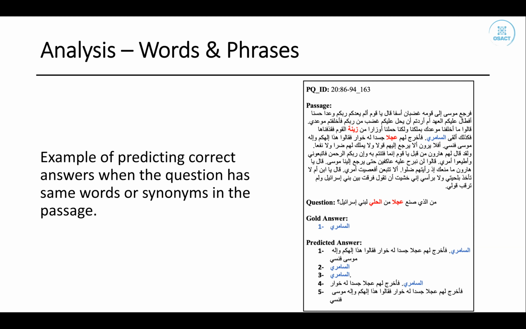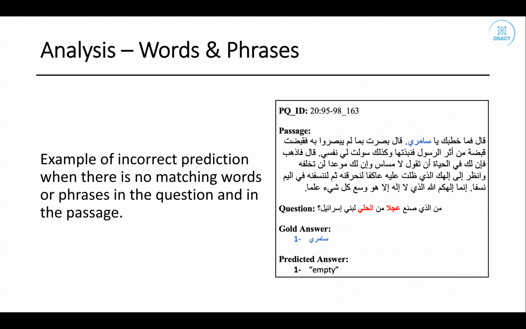So we presume that the model could produce the correct answer because of the words and phrases that were already mentioned in the passage, and it should be intelligent enough that the system would return the predicted answer, and it was. So the predicted answer actually was a sample, which is great. Now, if we don't have those phrases or words in the given passage with the same question, the model could